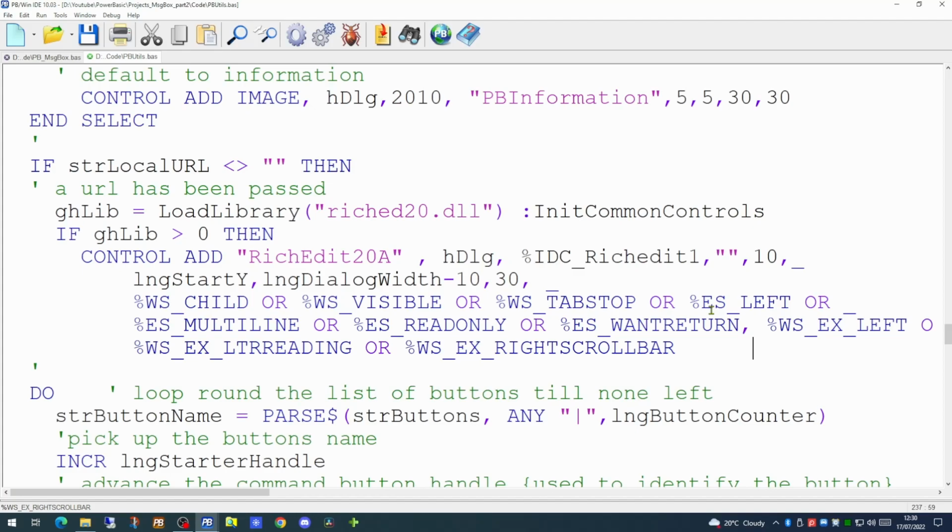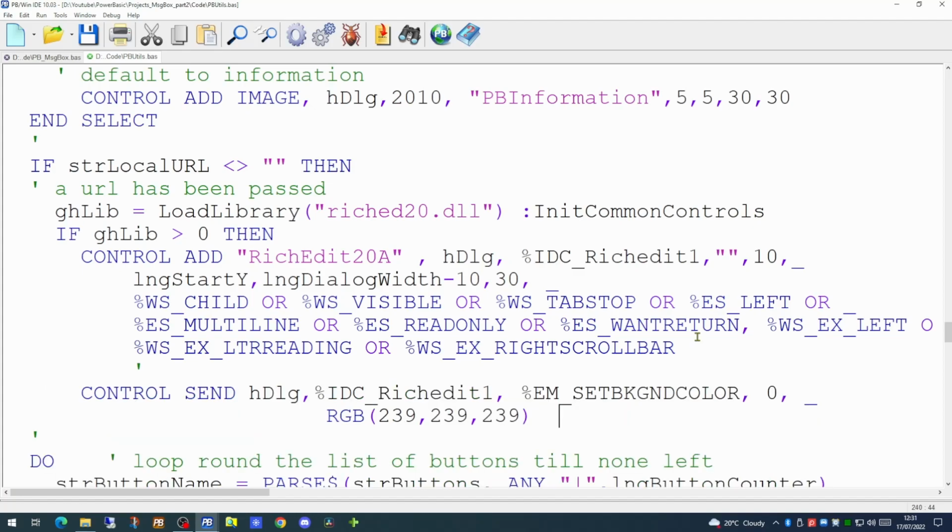We have already worked out how far down the dialog this is to appear using the long startY variable. This currently marks the beginning of the buttons, but we'll put our rich text control between the text the user has supplied and the buttons to appear below them. Next, we will set the background color of the rich text control to be the standard grey. Since our user may have been passing both text and a URL in this parameter, we want to auto-detect the URL itself, so that only the URL section of the text is actually underlined and linkable.